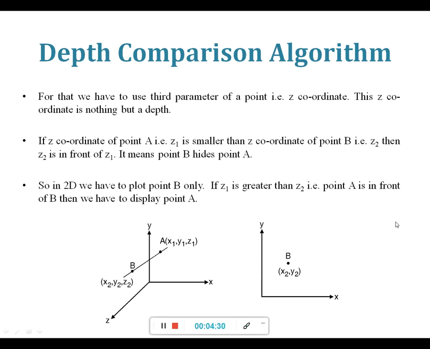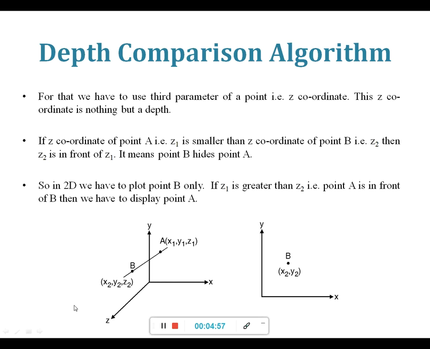So for that purpose we are having this depth comparison, and for that we have to use that third parameter, that is called the Z coordinate. This Z coordinate is nothing but a measure of the depth of the object. So if the Z coordinate of a point A, that is Z1, is smaller than the Z coordinate of a point B, that is Z2, then Z2 is in front of Z1, meaning